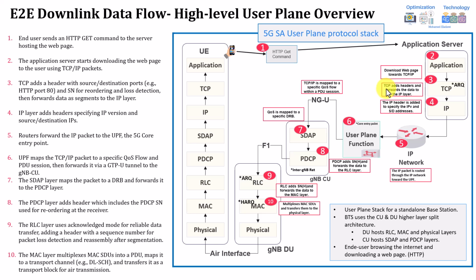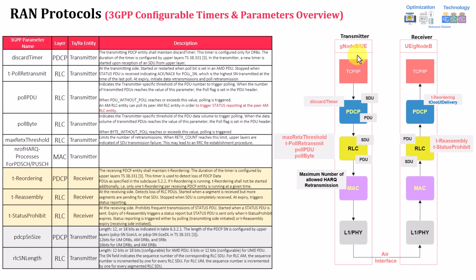Now let's move to the next part, which is a high-level introduction about all the parameters and timers within the RAN protocols. I'll give you a quick high-level introduction before going to the visualization part, which will make it easier to understand. As you can see in this table and the figure on the right, these are most or all of the RAN protocol parameters and timers, from the PDCP to the RLC and MAC layers, which you will find in any network for sure. You need to be very careful whenever you tune any of them.